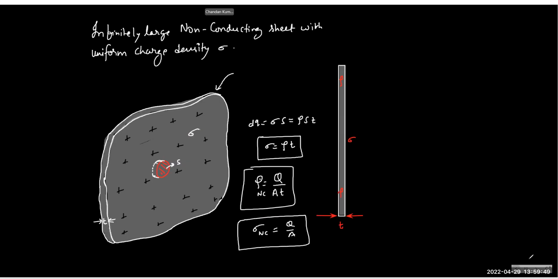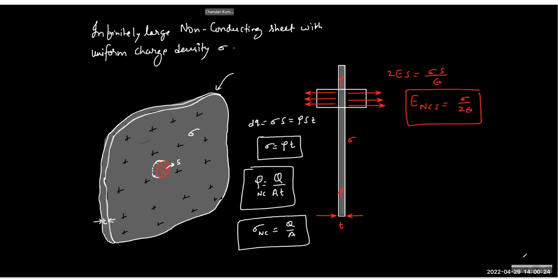The derivation, okay, I haven't given the derivation here. We have done this, but you can draw the Gaussian surface like this. From the side view, it looks like this, and the electric field will be like this on the right, and like this on the left. Correct? Yes, sir. And the flux will again be 2ES, equal to sigma by epsilon naught. So we got the answer E equals